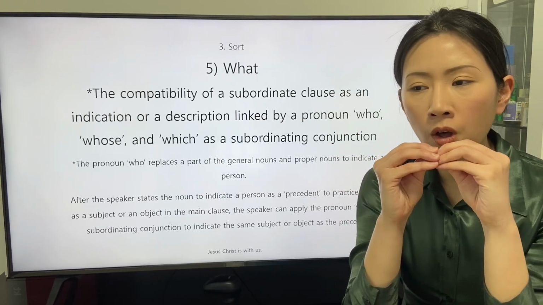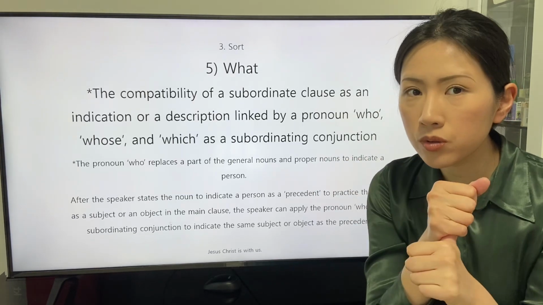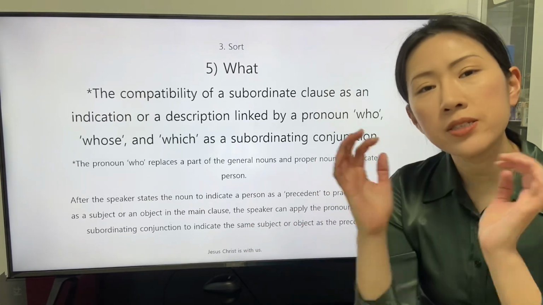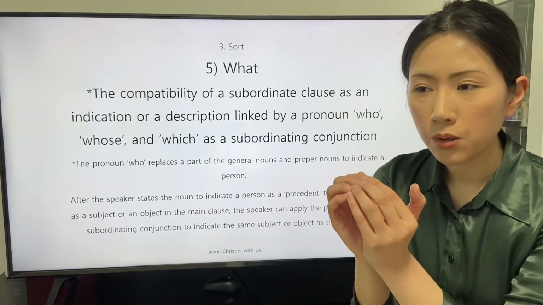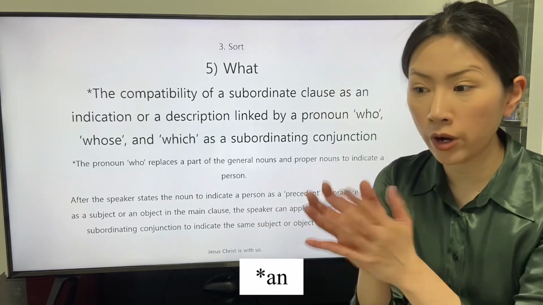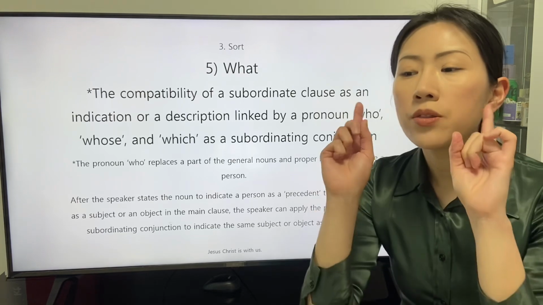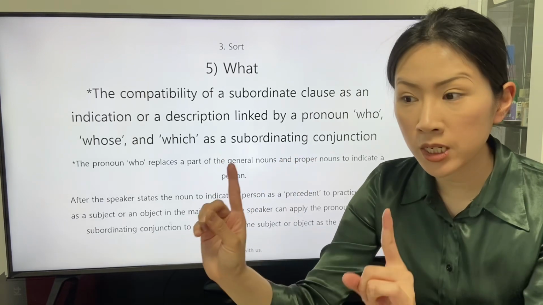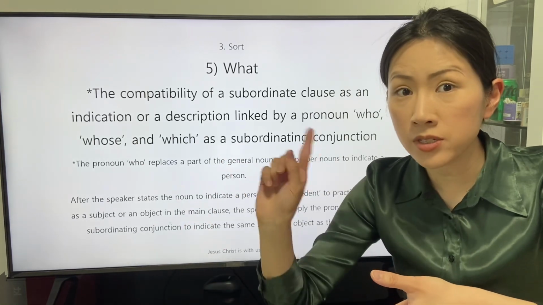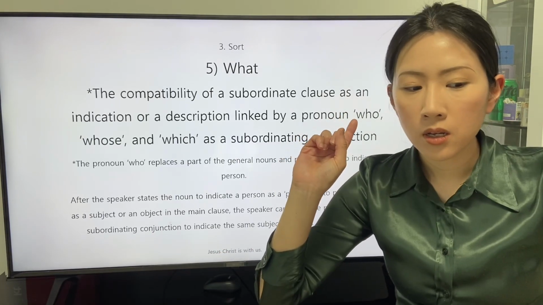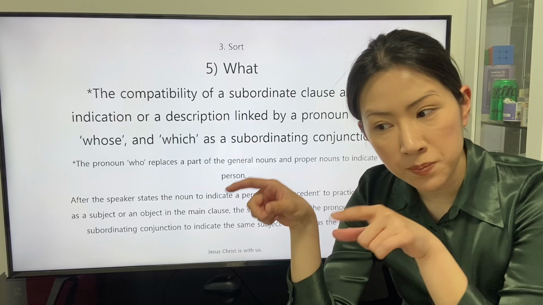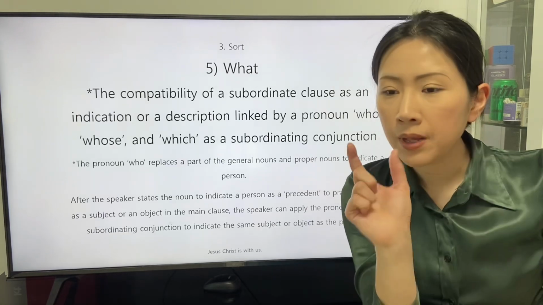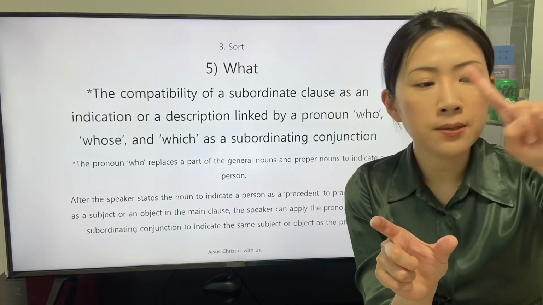Because the pronoun who, whose, or which indicates a relatively small range of a subject or object, the speaker chooses to mention the precedent in the main clause first, and the speaker indicates the same subject or object with the pronoun who, whose, or which in the subordinate clause, and the speaker describes